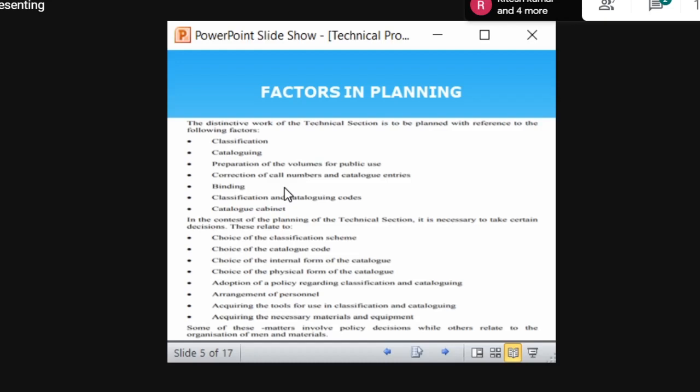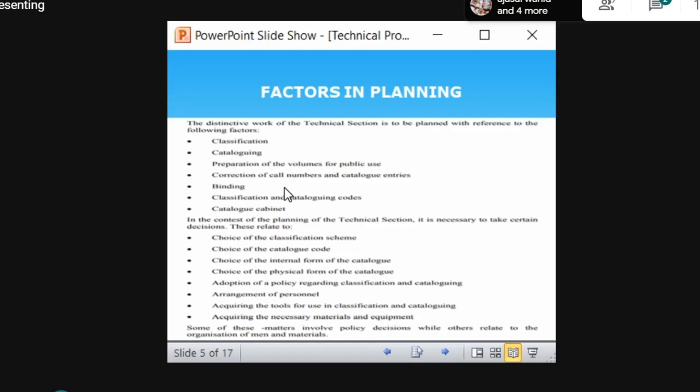Every organization will have a library committee. In our university also there is a library committee, and they decide it. Wherever you go there will be a library committee. They will decide for the welfare and development of the library, and in that committee, as a librarian, you should mention, sir, for an academic library DDC is advisable, instead of CC or UDC. Like that you can give your viewpoints. Based on the collective opinion they will take a decision.